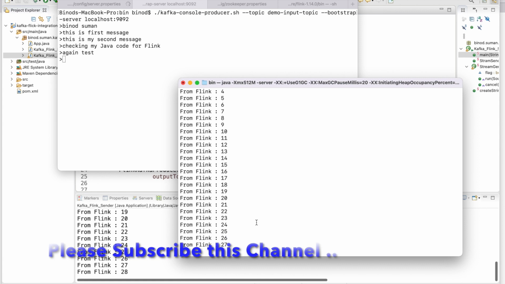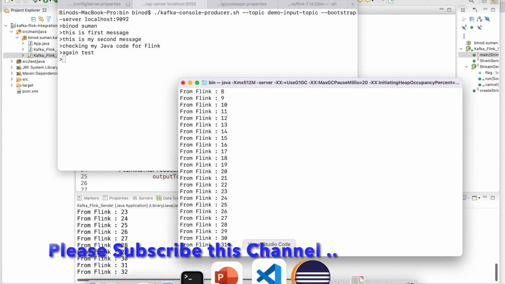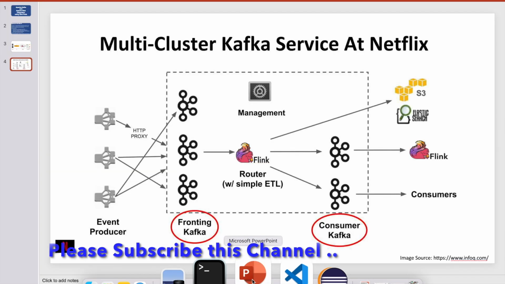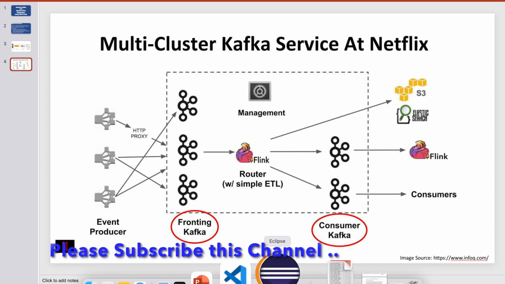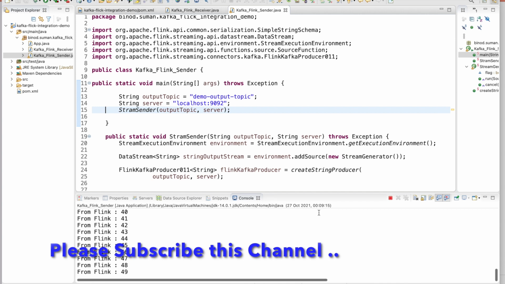Now through the code also we are able to send the data to Kafka, right? If you see the diagram, we made individual code: from here to here was the first code, and from here to here the second code. Now I'm making the code for this complete part, so receiver and sender both, with some small changes in the string. So let us stop this